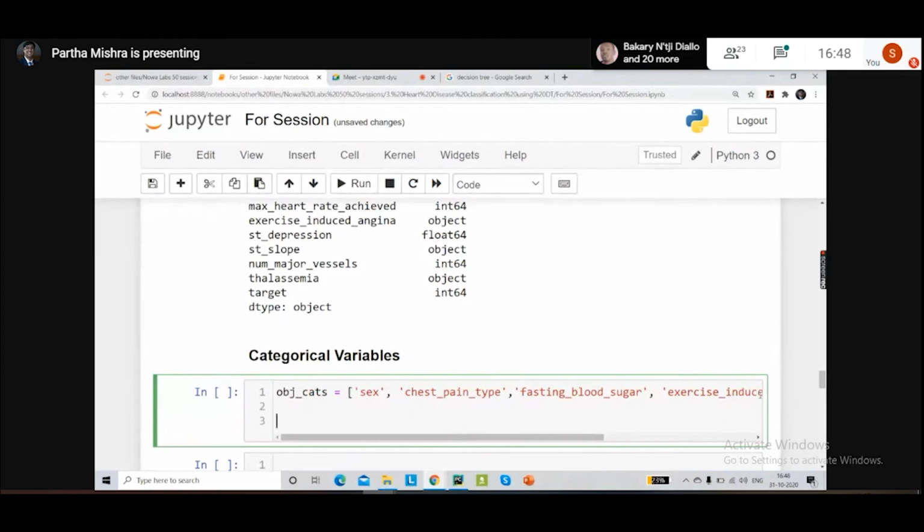Now we'll write a simple for loop and convert these columns into categories.